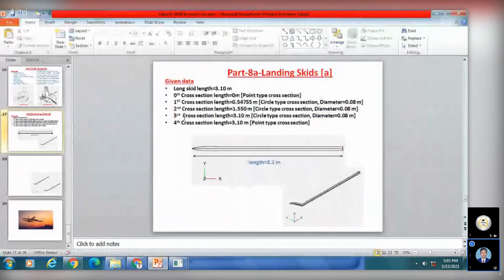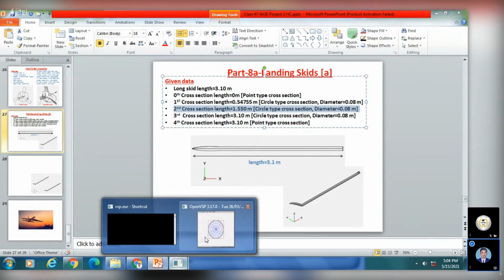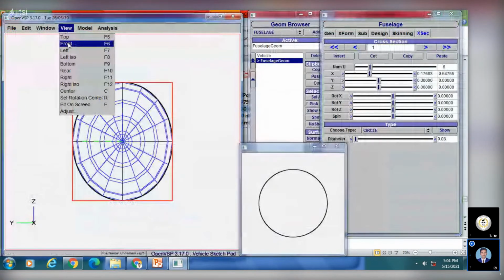Next, this is done, no? Next, the second cross section, same diameter, same cross section type. The only difference is that this cross section is located 1.55 meter away from this end. Okay, that cross section is located, which means